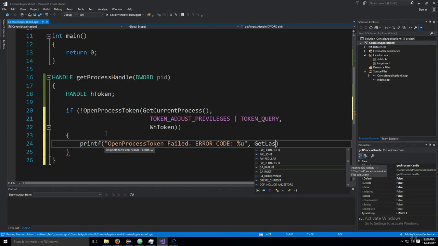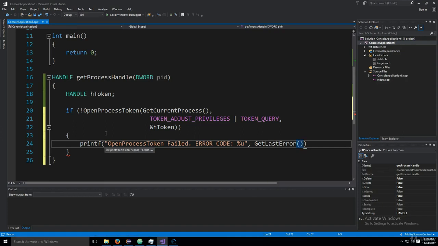GetLastError. Why? Well, because I would like to know why it actually failed. It's not enough that it just tells me, okay, I failed. It needs to give me the error code, and then I can look that error code up later on the MSDN and actually see what was the reason for the failure. There are several thousand error codes, if I'm not mistaken. I know there's 1,000 for sure, but it doesn't really matter how many there are,